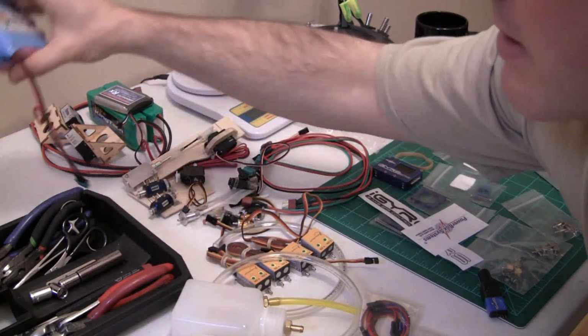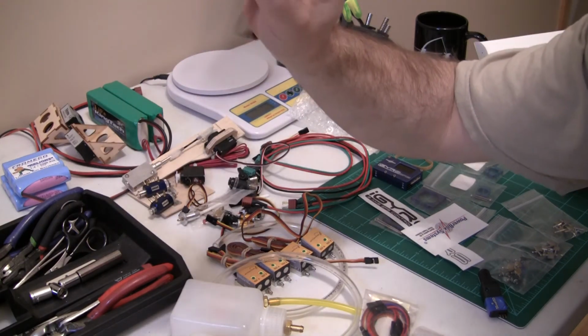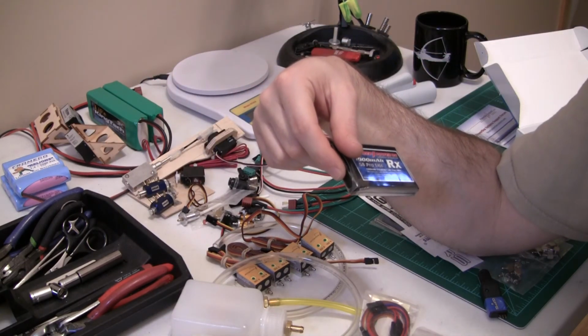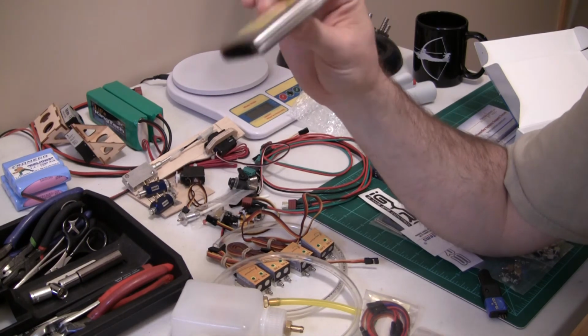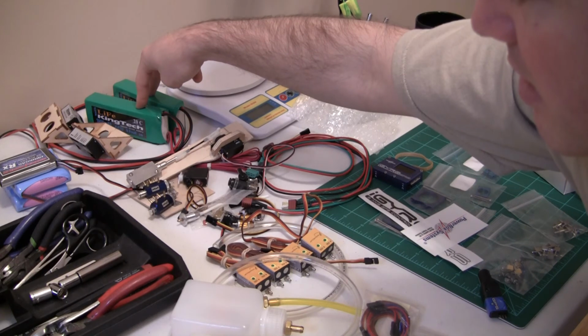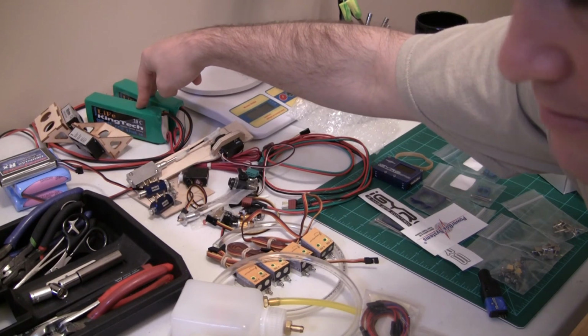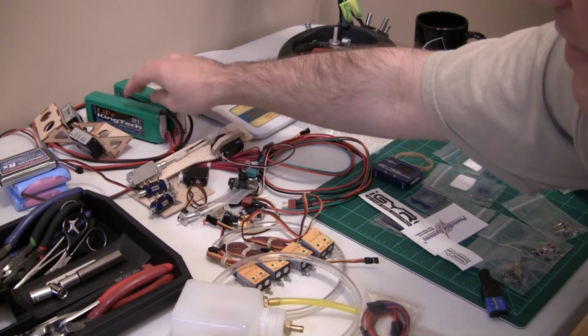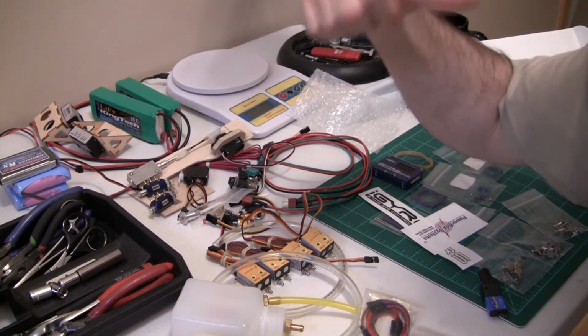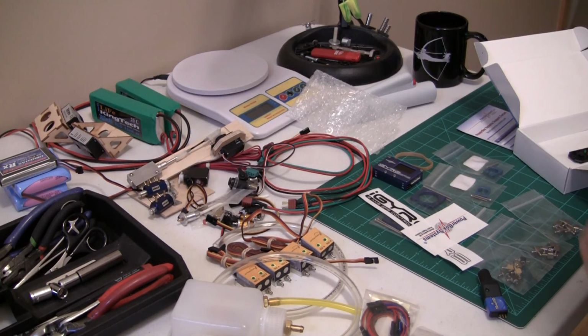Battery box, batteries, wing battery. Well, not really. They wanted to use a 3. This is only a 2 cell, so I need to get a 3 cell battery for the wings, and then 2 3 cell LiFe packs, 9.9 volts. Got these. These are the King Tech ones. I bought one of these and put it in the Avani as well. So that's pretty much all my hardware minus